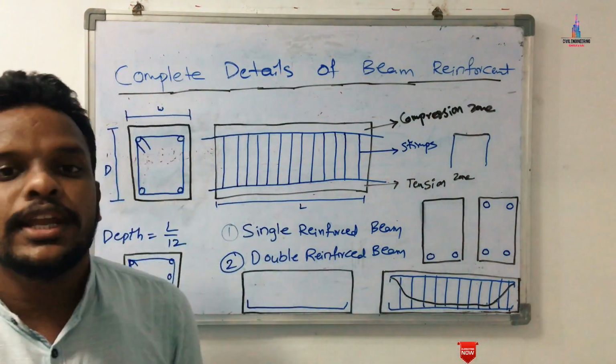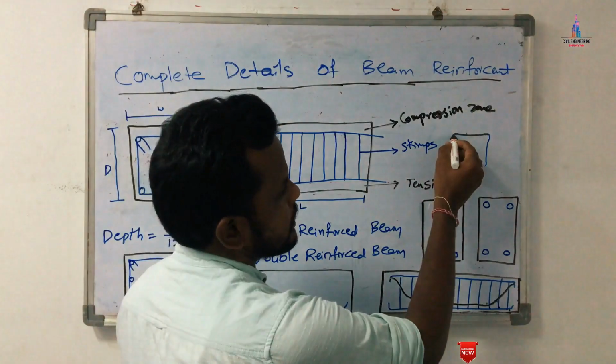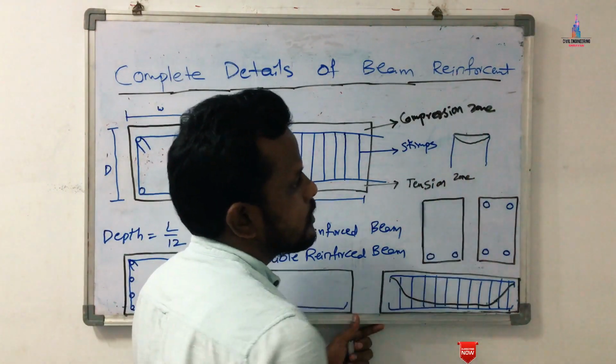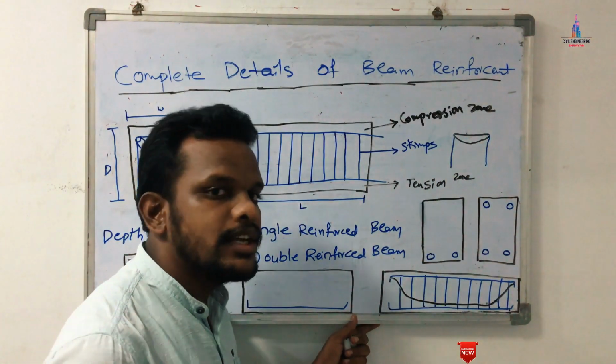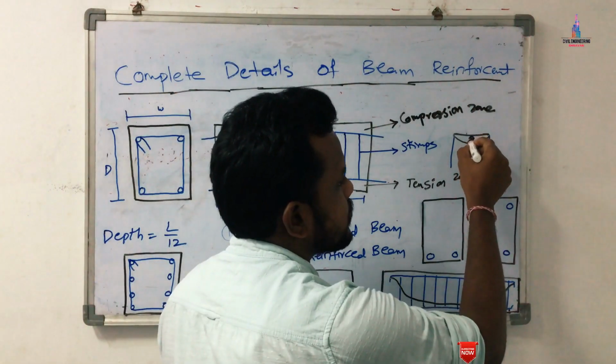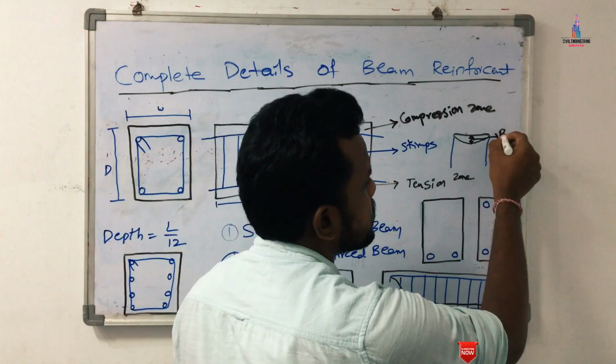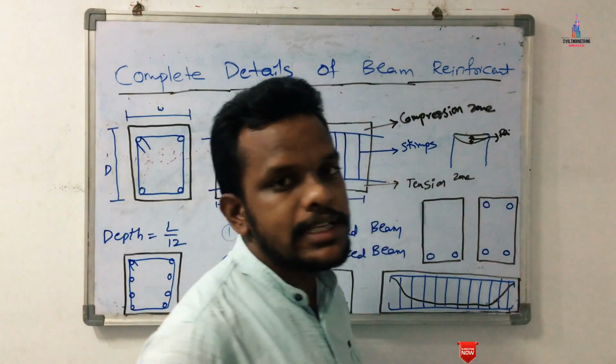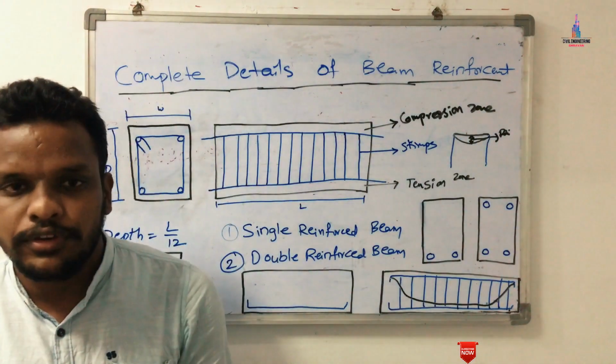Due to the respective loading condition, the beam will bend like this, depending upon the loading. So this is the bending behavior of the beam under consideration of the load cases. To resist that intensity of bending action, we need to provide the reinforcement section. In this video I will explain how to provide the reinforcement section for the beam sections.